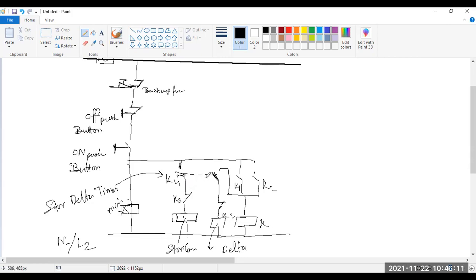So whenever this timer is going on, this star path will be detached and it will connect directly in this path.